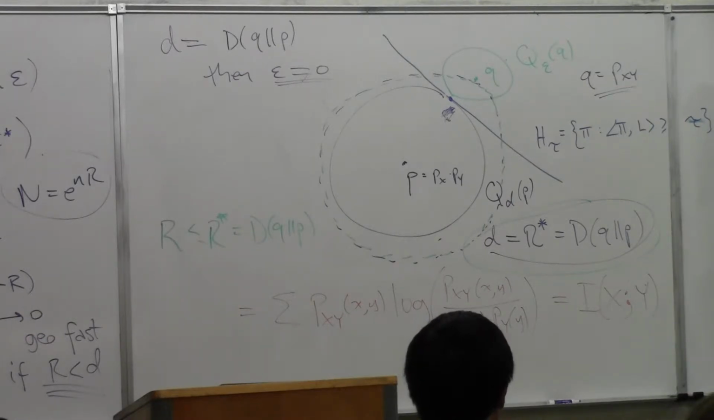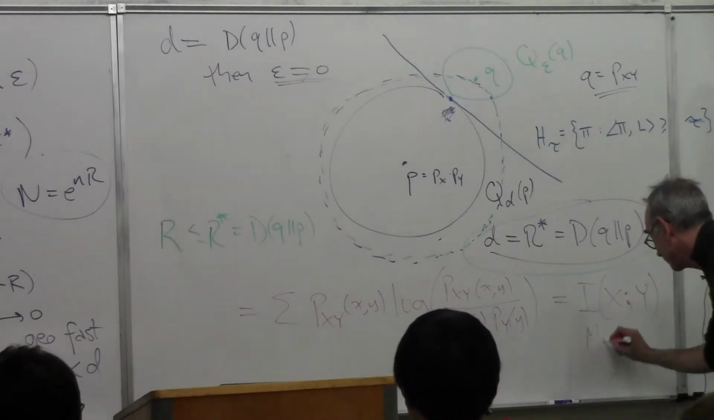4:44, 30 minutes. You can prove the coding theorem. You can prove at least half the coding theorem. So this is the coding theorem. I mean, half of it. That if you have a rate which is less than the mutual information,